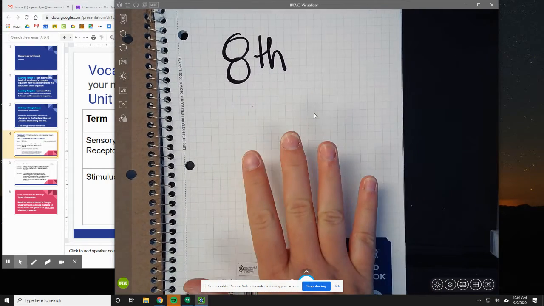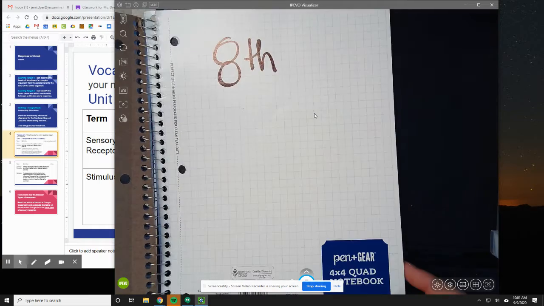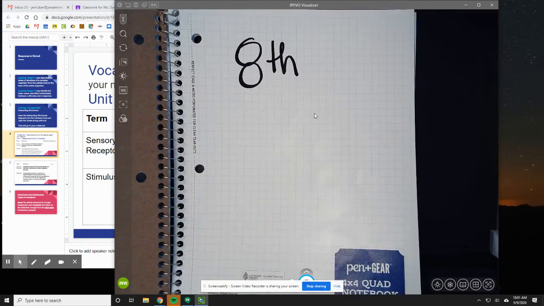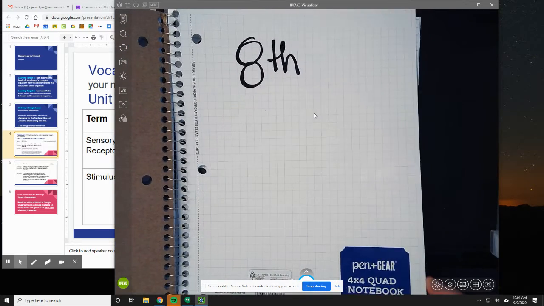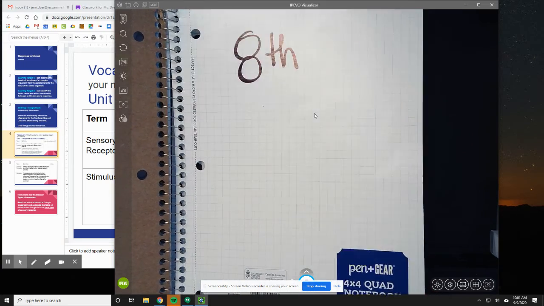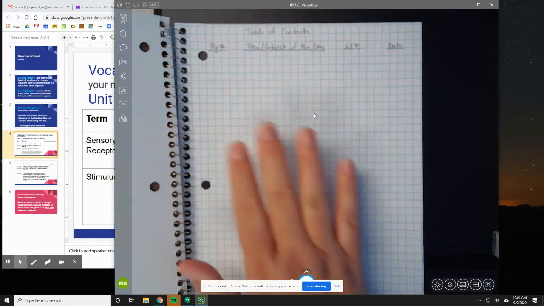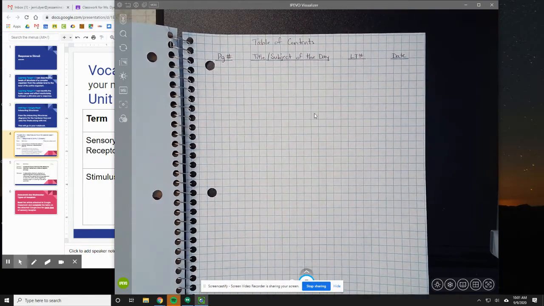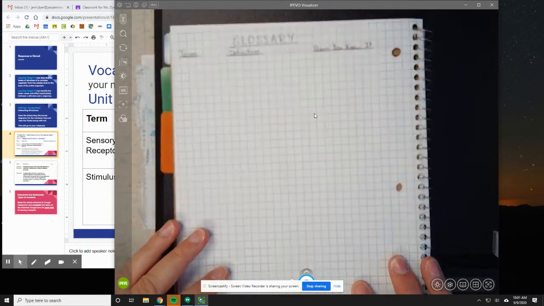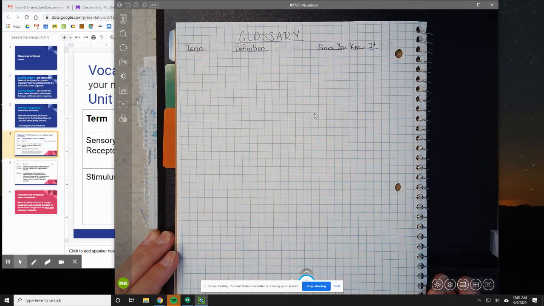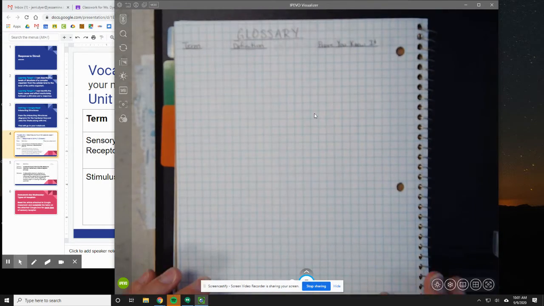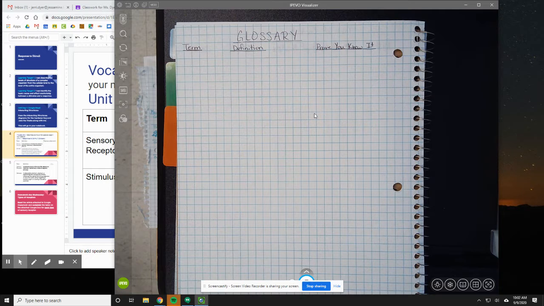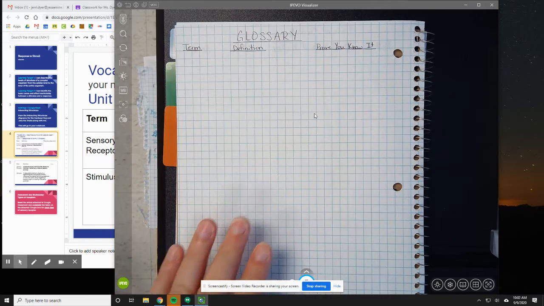But the basic idea is that you have a notebook of some kind. This is the kind that I like the best. It's just a quad notebook. Works just fine. Okay, and so here's the cover. Inside the cover is the table of contents. You can again see how to set that up on the video for last Tuesday. Here is the glossary. It is on the back of the table of contents. If your ink bleeds through the paper and you only want to write on the fronts of the papers, that's okay. It's not really a big deal, but this is where you'll put